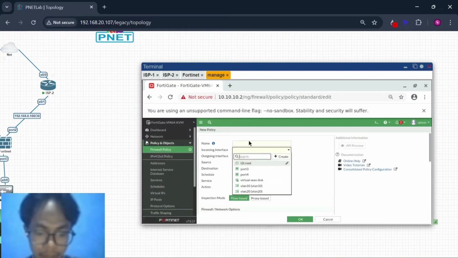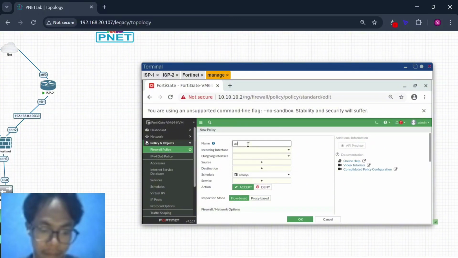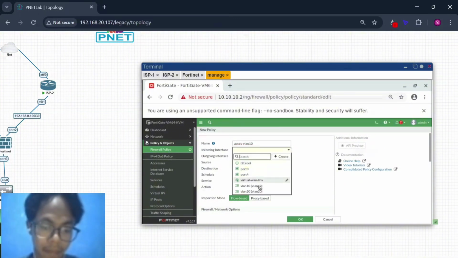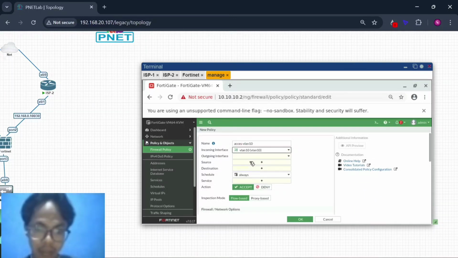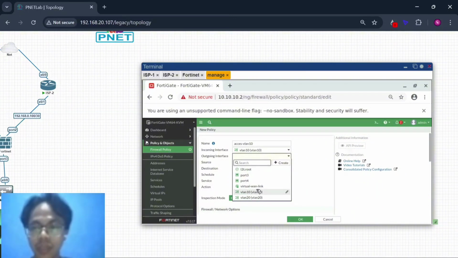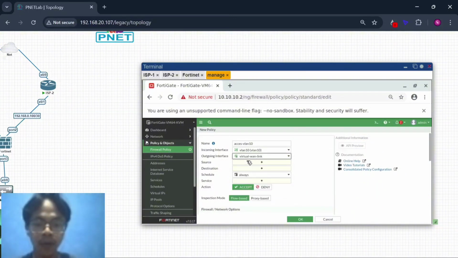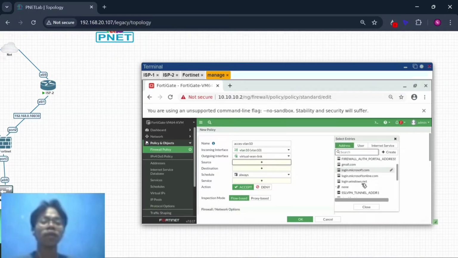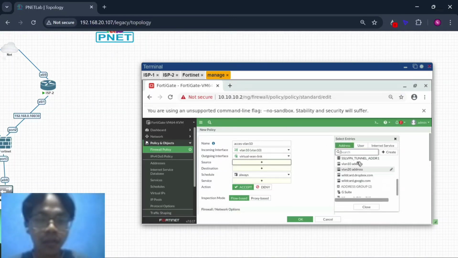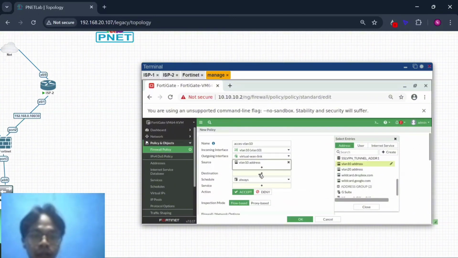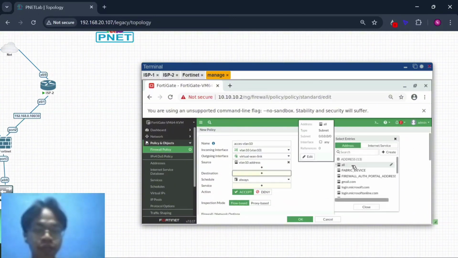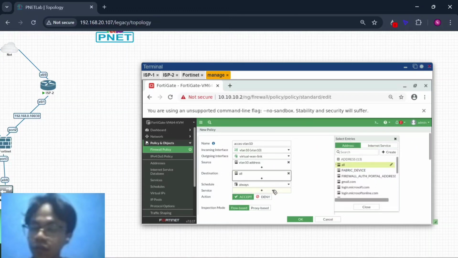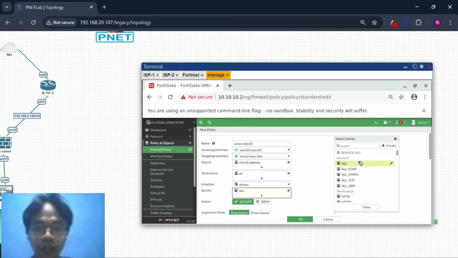This is name access VLAN 10. Incoming interface is from VLAN 10 and outgoing interface is the virtual WAN link, and source is VLAN 10, destination all, so it can connect to all, and services all.